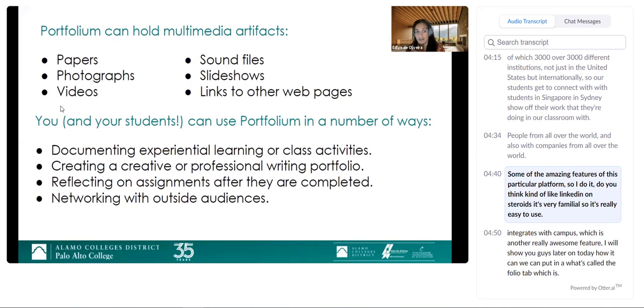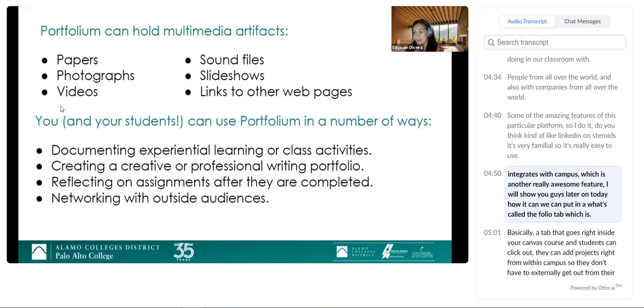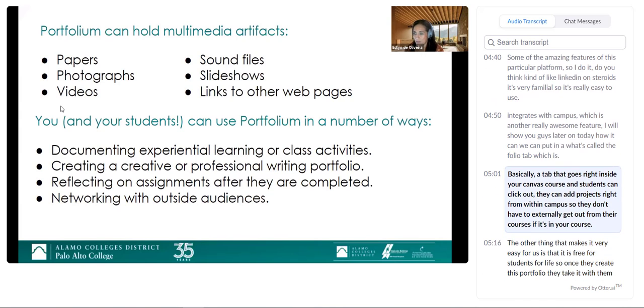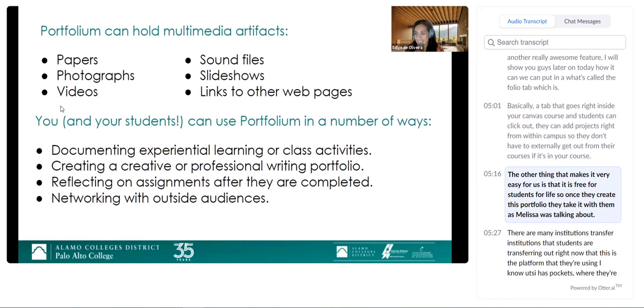Some of the amazing features of this particular platform. So I do want you to think kind of like LinkedIn on steroids. It's very familiar, so it's really easy to use. It integrates with Canvas, which is another really awesome feature. I will show you guys later on today how we can put in what's called the Folio Tab, which is basically a tab that goes right inside your Canvas course, and students can click out. They can add projects right from within Canvas, so they don't have to get out of their course. The other thing that makes it very easy for us is that it is free